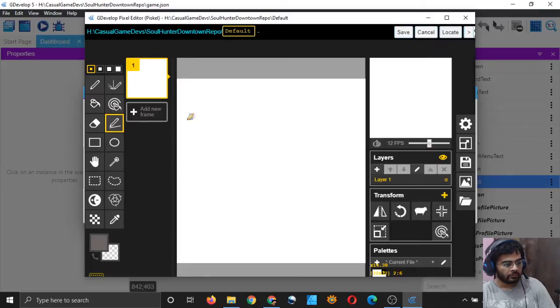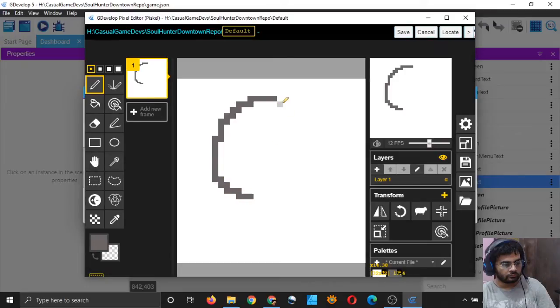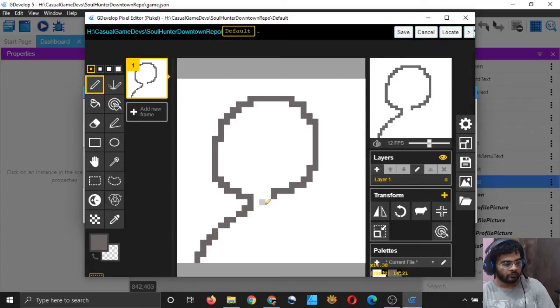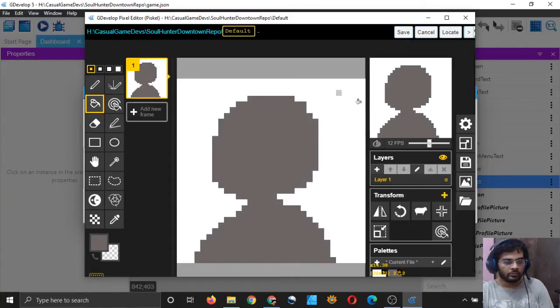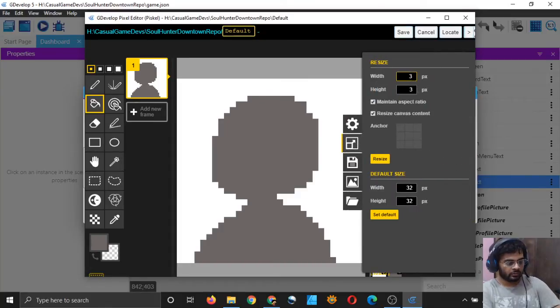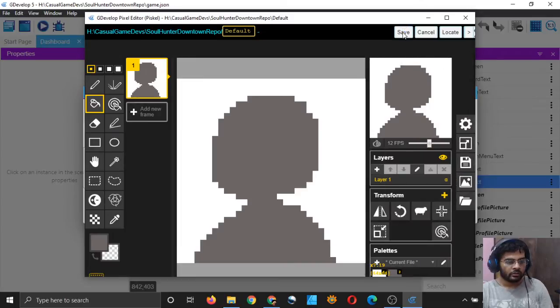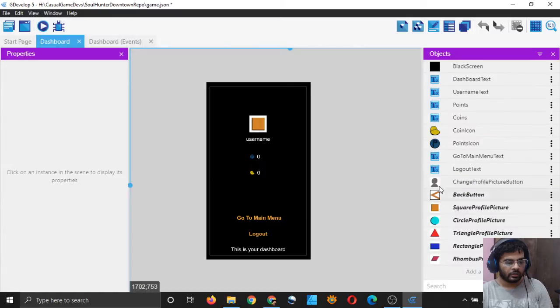I will simply make something here. I will make a person, and that will represent changing the profile picture, right? And the size should be, I think, 64 cross 64 will be nice. So resize and save and apply and bring it here.